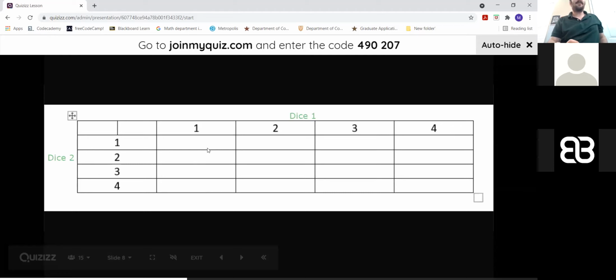So I think the lowest number you have right here is 1 plus 1, which should be 2. 4 plus 4 should be 8. So hopefully if you're rolling two 4-sided dice,